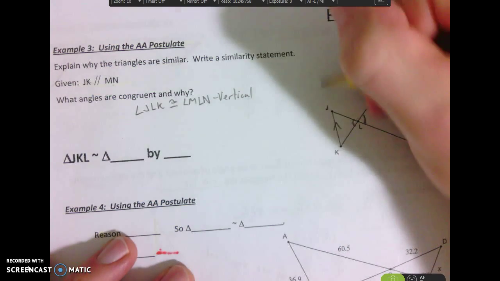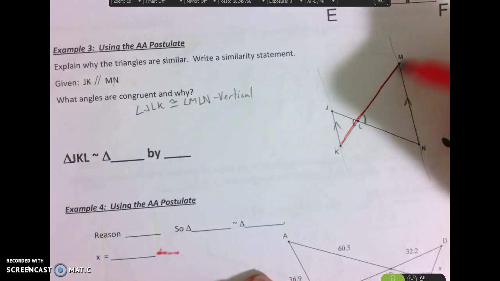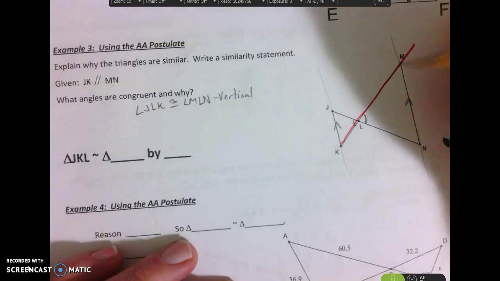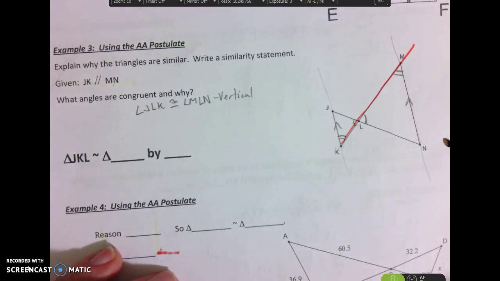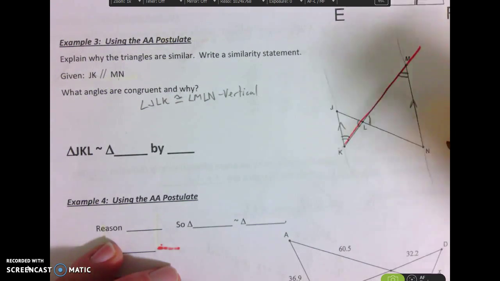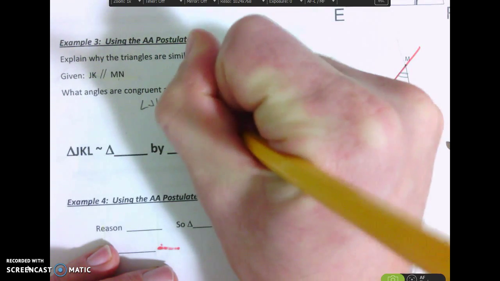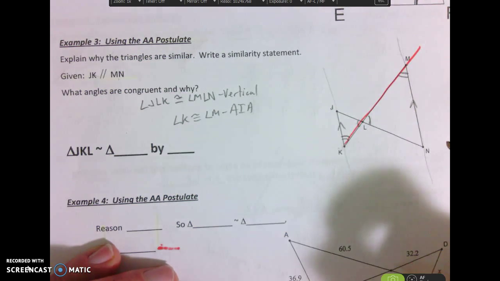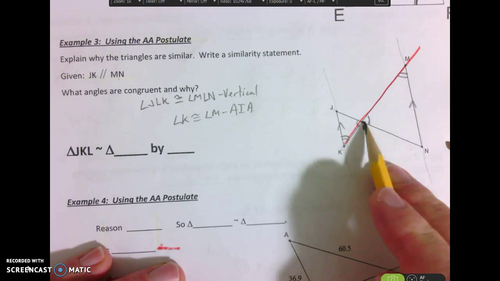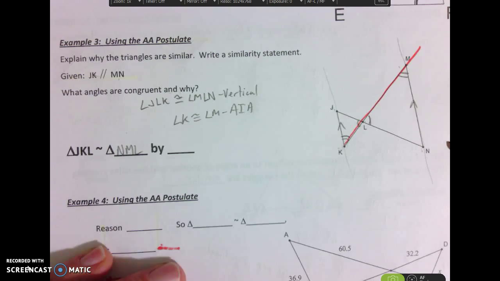Now, because this is a parallel line here and a parallel line here, and notice I have a transversal cutting across, well, let's say right there. If I have that, this angle here would be equal to this angle here. Okay, and those two angles are equal because they are alternate interior angles, parallel lines and transversal. So I'm going to say angle K and angle M. Angle K is congruent to angle M. That's because of AIA. So now we have two angles in each triangle congruent. So JKL is similar to NML by angle,